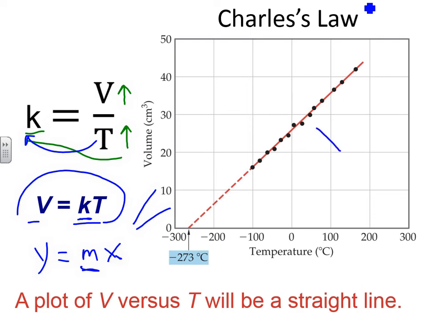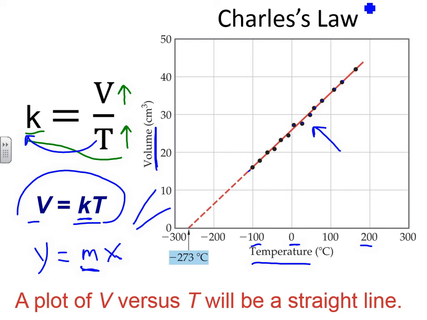Now this is an actual graph of the volume of a gas as a function of temperature. These data points are actually the volumes at certain temperatures of a gas. Obviously we can see it form a straight line. This is measured under roughly moderate conditions, so around maybe 0 Celsius, up to maybe 200 Celsius and down to maybe negative 100 Celsius. And if you extrapolate this, if you allow yourself to extend the line all the way down,